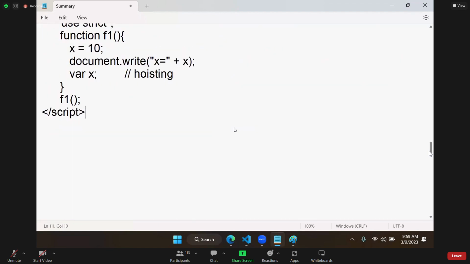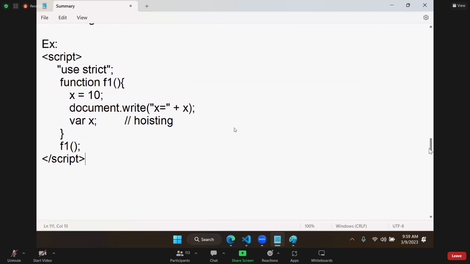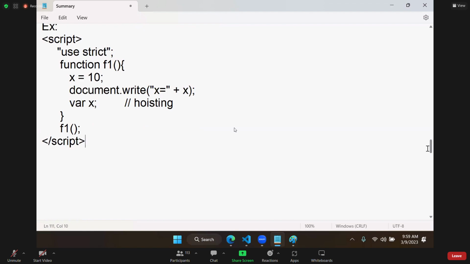Actually, why this is possible? At experience level interviews, this kind of question also comes, right? That means how it can use the bottom one. You wrote something at the bottom, how can it use the bottom one, how can the translator do that? Actually, this is possible because the JavaScript interpreter can use